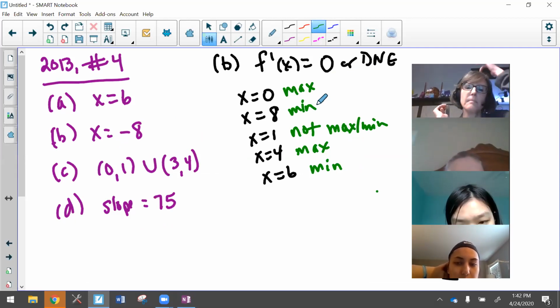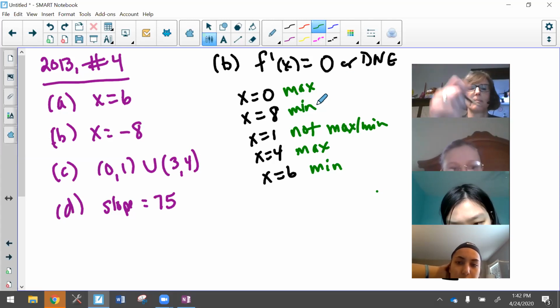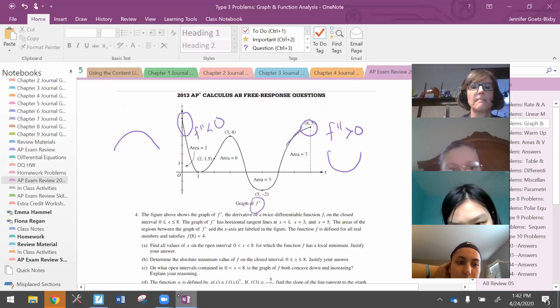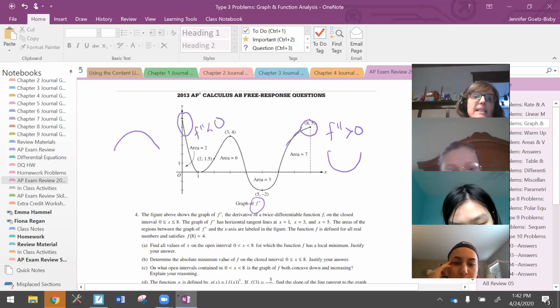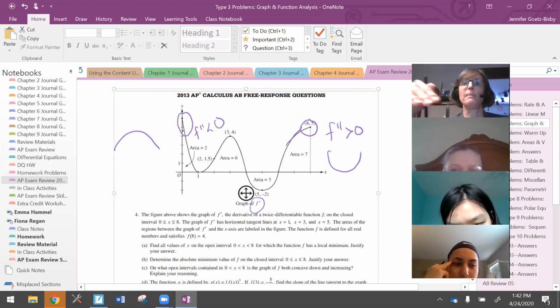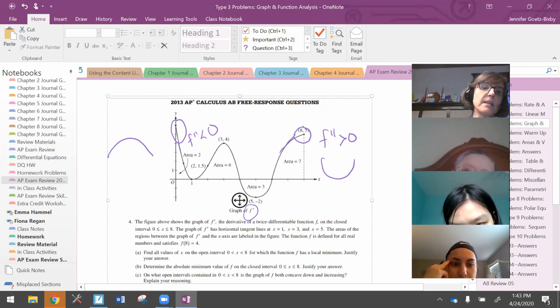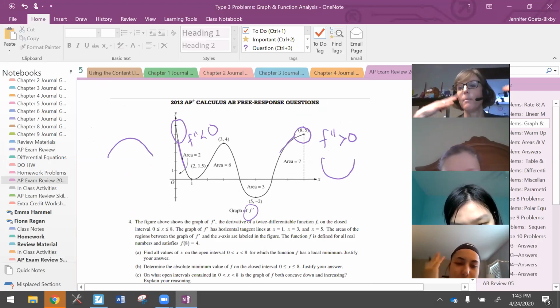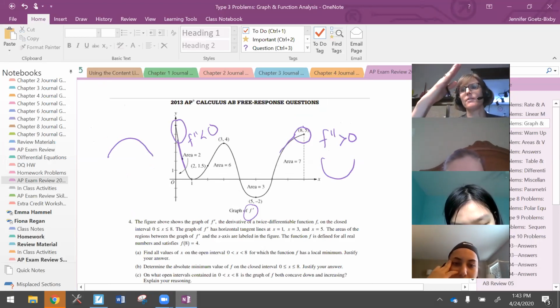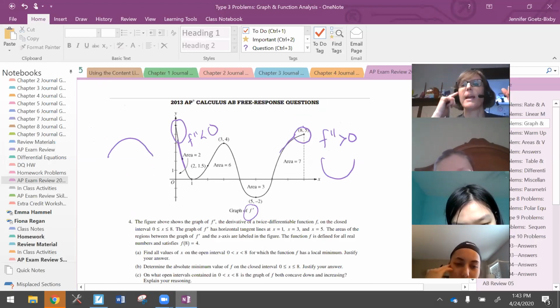Why would f double prime be less than 0 for 0? For the first one. Well, do you understand that f double prime is the slope of an f prime graph? Yeah. Okay, well, what do these slopes look like here? Decreasing. Yeah, okay. Well, they're not just decreasing, they're negative. Yeah. Okay, that's different than decreasing. Okay,